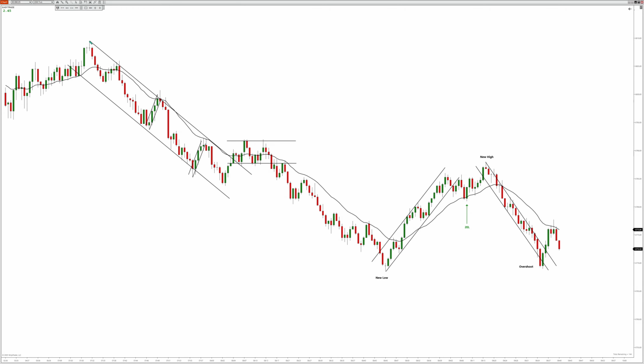Now you can see if you take an arrow here, you can draw it from the top of this channel to the bottom, and then after the break you do the same thing. You just copy and paste this arrow, and you can see the market likes to move in pairs of twos, like I always say. So this is a downtrend with a break and a second leg to new low, and then we ended up